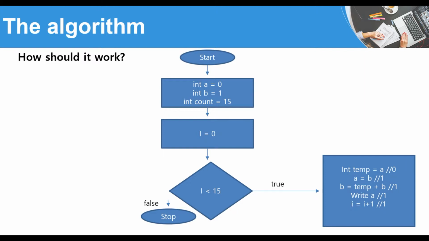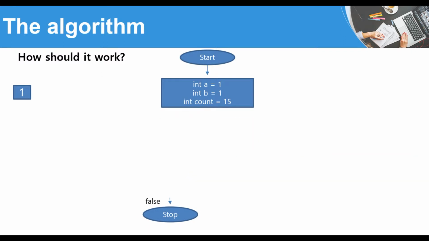Then a equals b, we see that b equals 1, so the new a will be 1. Then b will be temp plus b, so temp is 0, b is 1, so the new b will also be 1. Now we'll write a to the console and we'll increase the internal counter with 1, so it will be 1. Now if we look at what we have printed to the console for now, it is